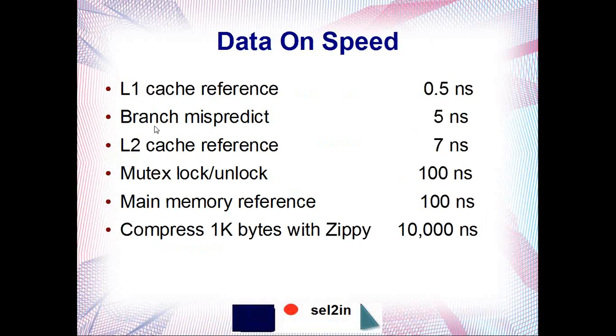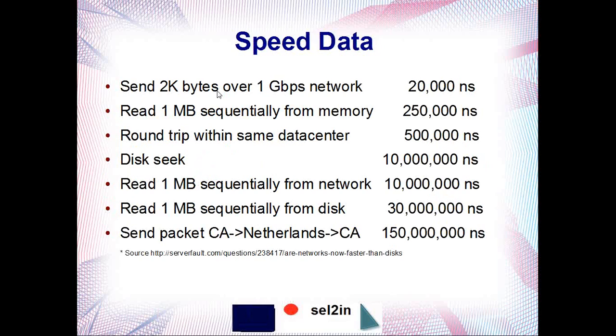So the cache part is, if it's a local cache, it is just the main memory reference or the L2 cache, depending on how it's designed. And if it's remote, you would have that RAM access plus this network access, depending on how fast your network is. And then you come down here and you can see how exponentially larger the disk reading is. So disk reading is much slower, and